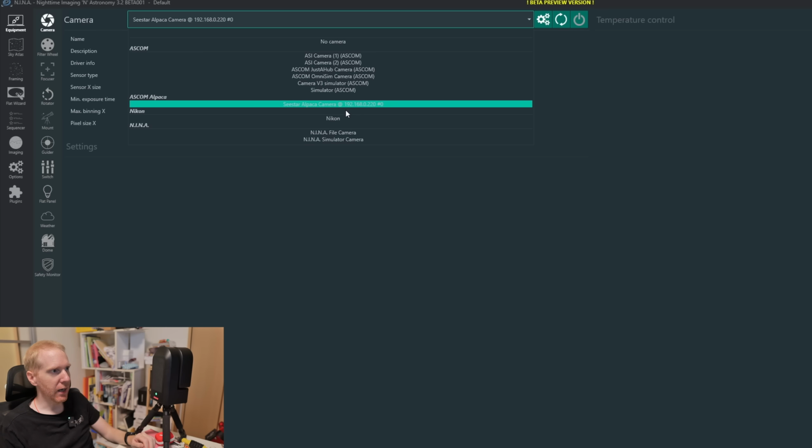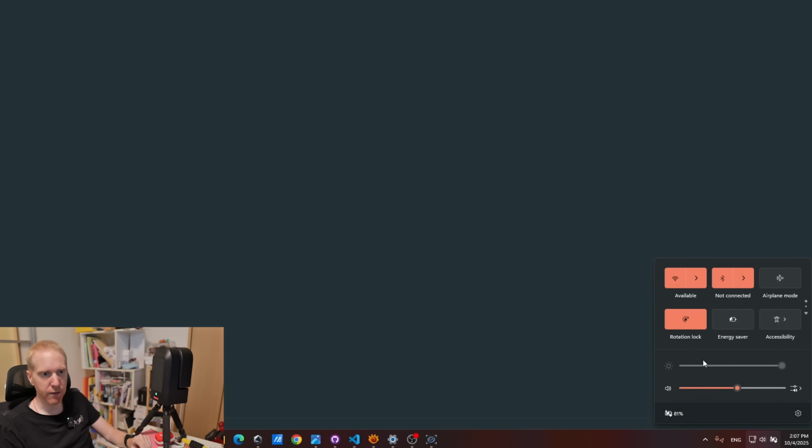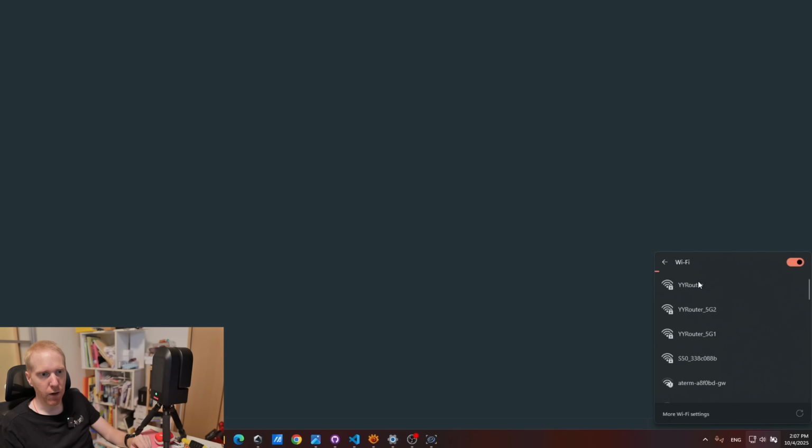And by the way, the IP address you can see here is 192.168.0.220. This is a typical home network address. So if you see 192.168.0 or 1 dot something, it means that it's via your home network. If you were to connect to your SEESTAR directly via your Wi-Fi card, so here let's say I'm going